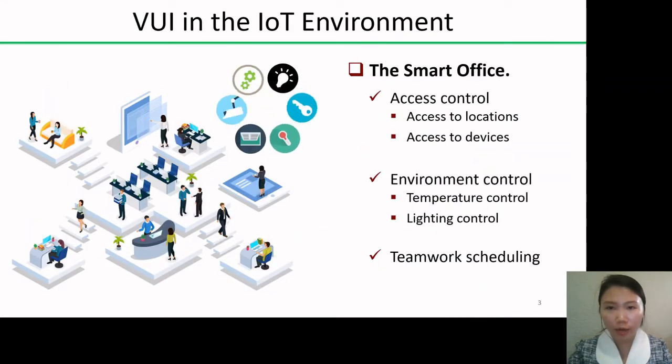Similarly, in a smart office environment, voice user interfaces are deployed to improve the security, efficiency, and collaboration of the whole workplace. For example, they could support voice authentication-based access control to some special locations and devices. They could also provide easy environment control over temperature and light,